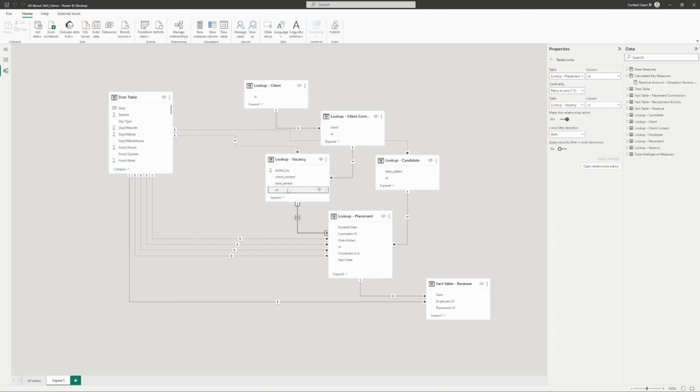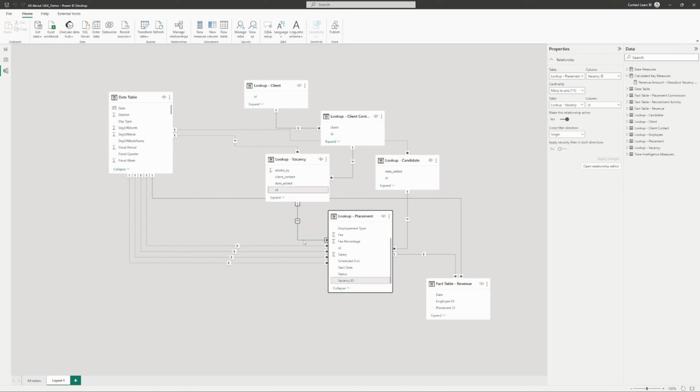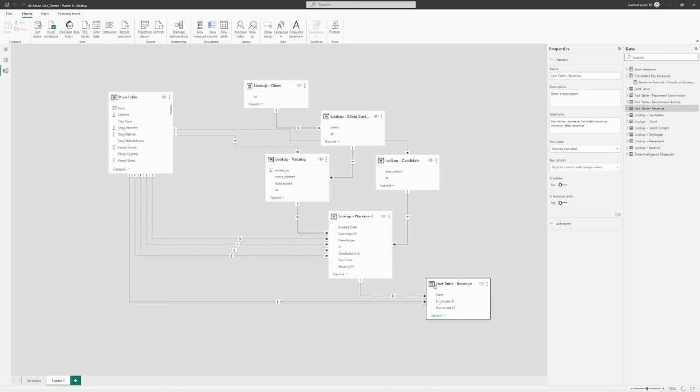What we removed was that vacancy relationship to our placements. Let's open that back up. What we removed was that vacancy ID to our placements vacancy ID. We need that relationship within our model so that it knows from our revenue table that those vacancies are related to the placements. Within our model, we don't have a direct relationship between that vacancy table and the revenue. A revenue table doesn't have a vacancy ID on it. And even if it does, we don't want to relate it that way,